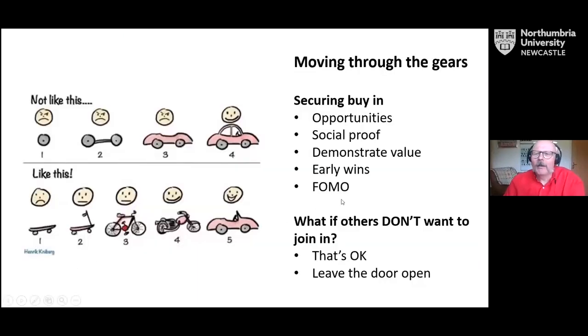In terms of what we ended up with, moving through the gears on all this, everyone's seen the MVP, minimum viable product idea. We started talking about it. We had that notion of this engine, and we were looking for opportunities to see if anyone was interested in this, and to try to get a bit of social proof. We ran a little bit of a trial, and one example came up that showed you don't need these early wins, just an idea of what if you did this, what do you get? And there was a brilliant one came up around